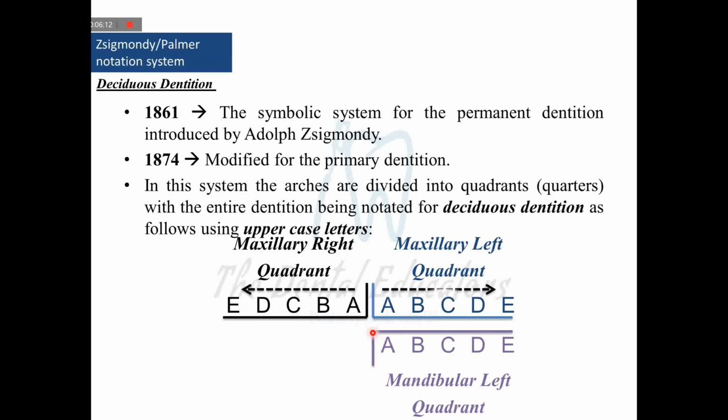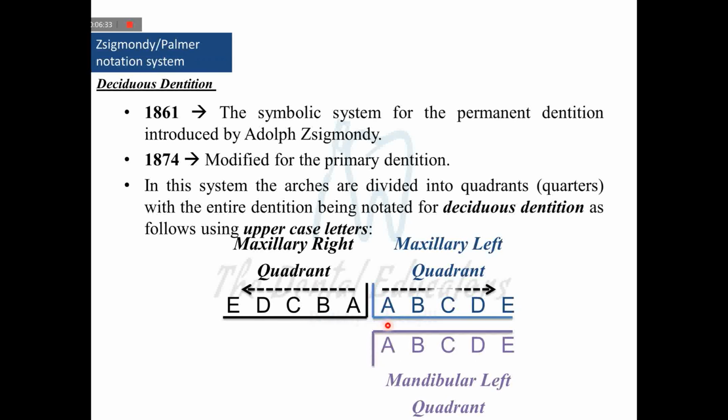Then we draw up a second line, but now we can see it has a downward direction. So it is a so-called vertically flipped L shape for the mandibular left quadrant. After making up this kind of symbolic representation, we again start to count the teeth from the midline from A